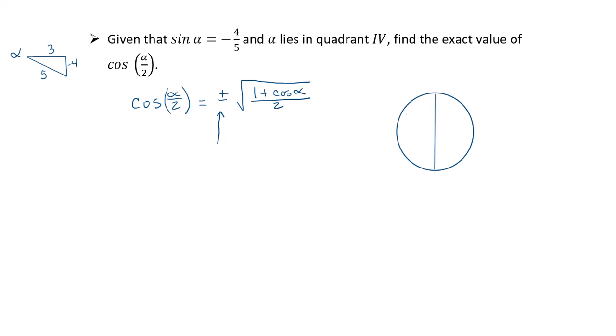Alpha lives in quadrant 4, so it's going to be somewhere between 270 degrees and 360 degrees. If we're looking at half of that, then we're going to be somewhere between 135 degrees and 180 degrees. So we'll be in quadrant 2, and in quadrant 2 I know that my cosine is negative. So I'm going to use the negative